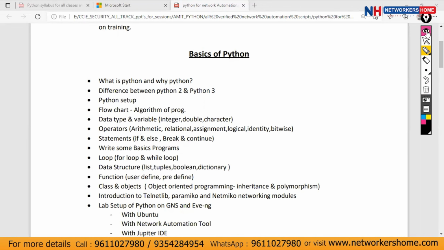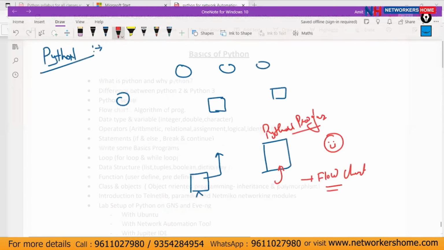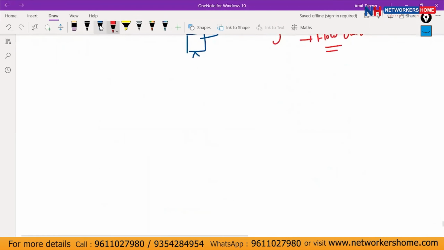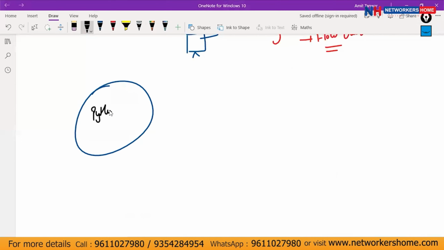If we are talking about Python, guys, it's not a very small language. It's not like within 10 days you will be mastering the Python language. That's really hard. But the thing is, we actually use Python for different purposes. Let's consider this is the Python language here, right? This language we use